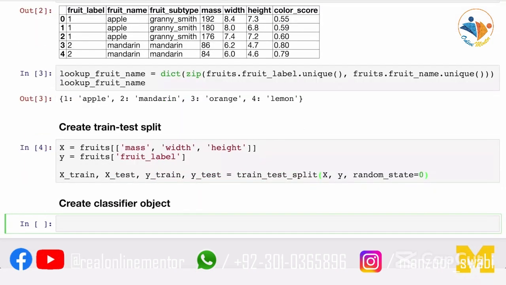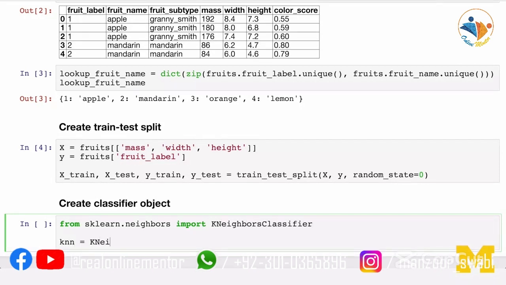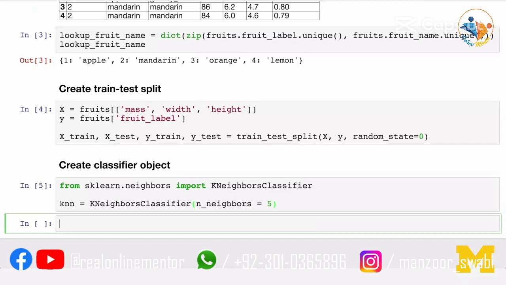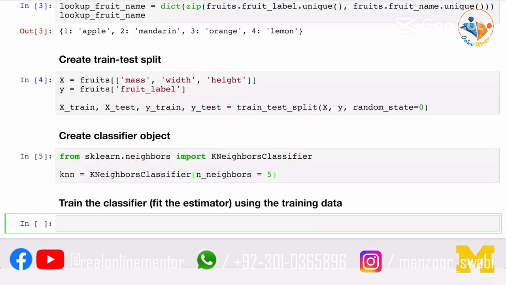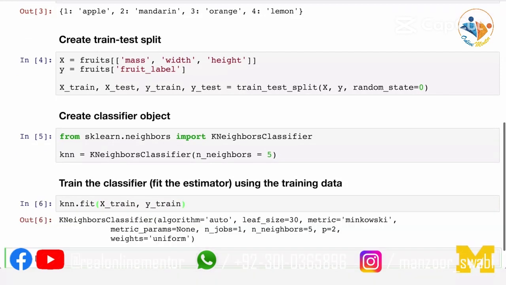Once we have our train test split, we then need to create an instance of the classifier object, in this case a KNN classifier, and then set the important parameter, in this case the number of neighbors, to a specific value to be used by the classifier. We then train the classifier by passing in the training set data in X_train and the labels in y_train to